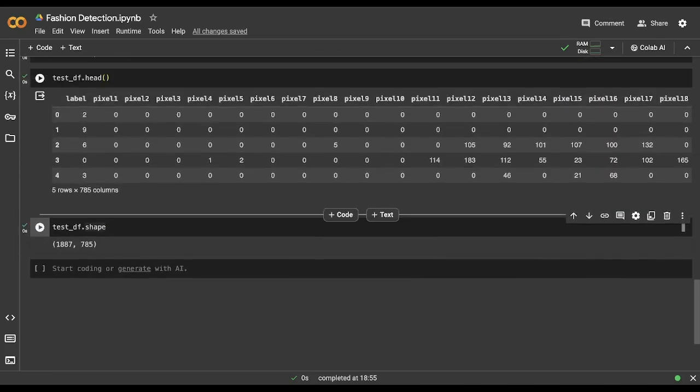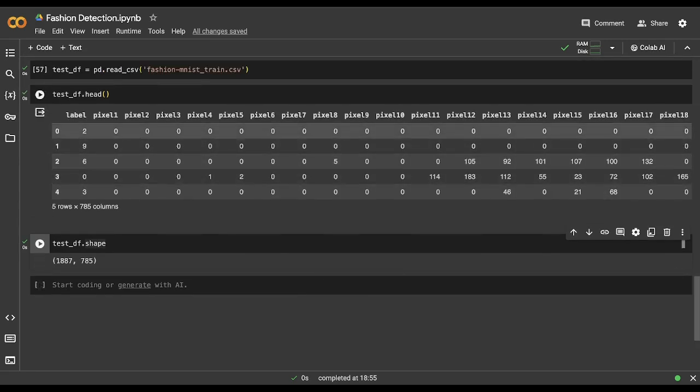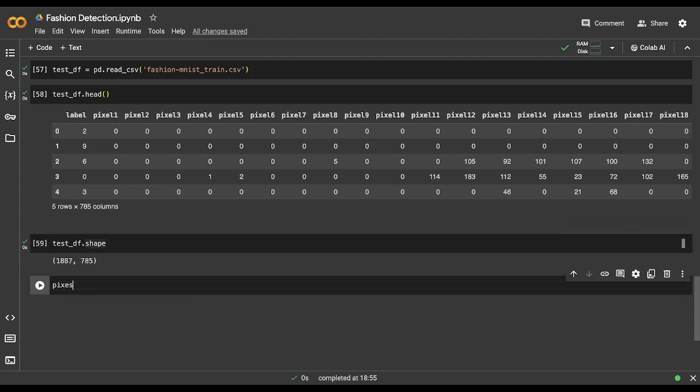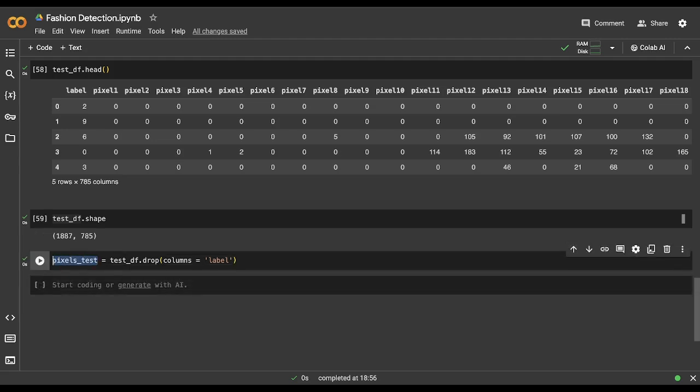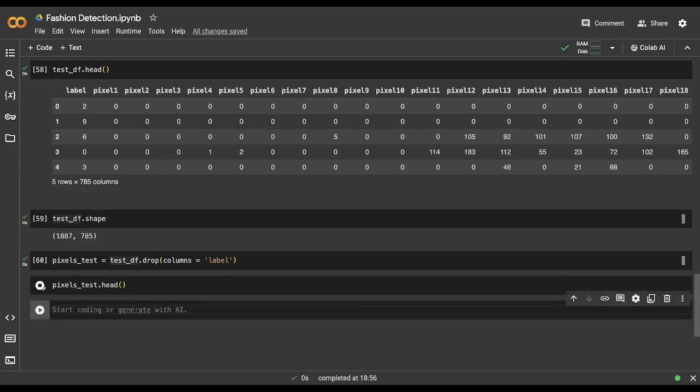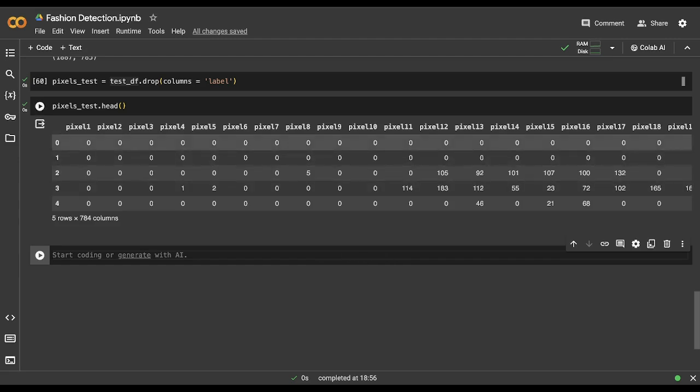After that, we again need to scale this particular data set as well. So we'll again divide the data set into the label column and the pixels column. To do so, we'll say pixels test, because initially the pixels name is taken by the training set. Into this we'll say test data frame dot drop. The column that we want to drop here is just a single column, label. Let me run this, and then let me display the first 5 rows of this dataset to confirm. Okay, so now it holds no label column.